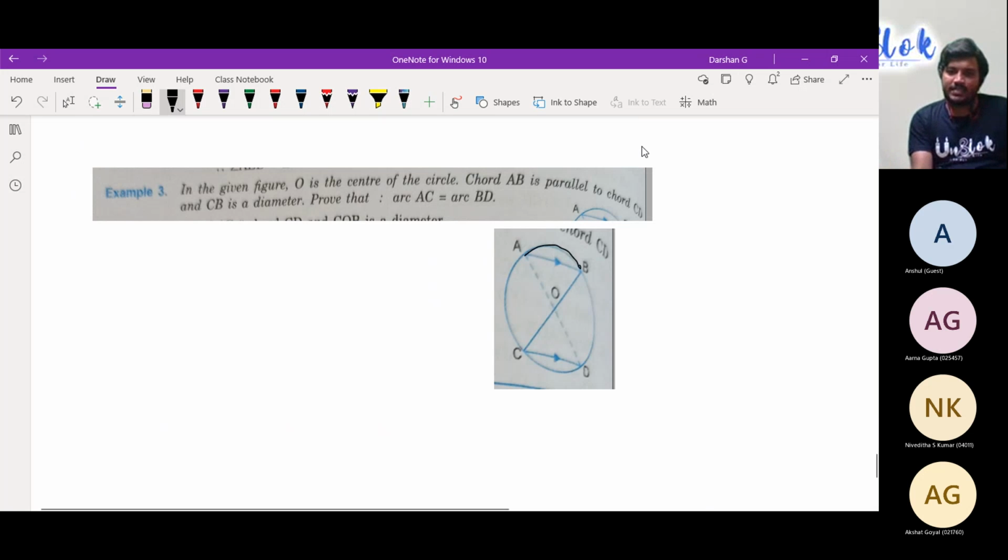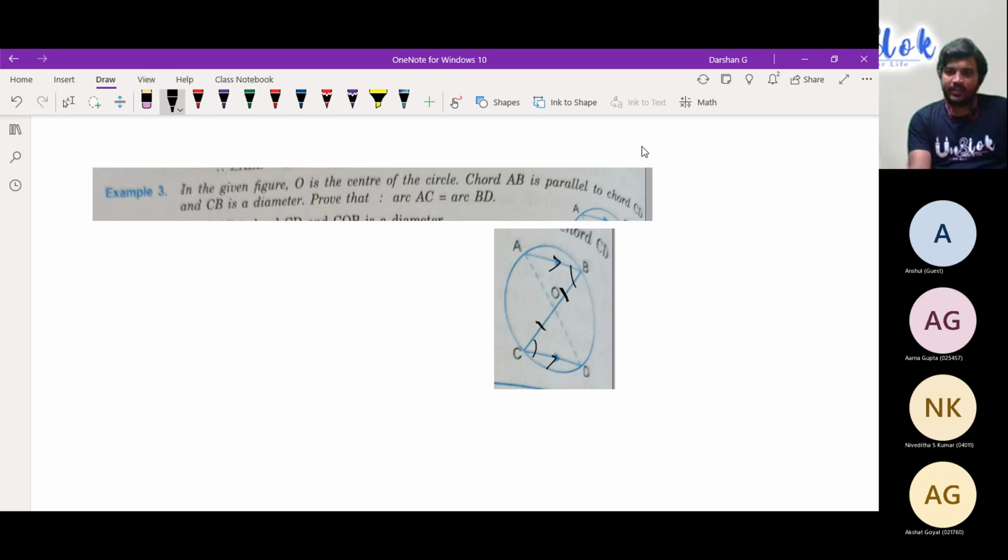We are told that arc AB is equal to arc CD. We have to prove that. We have O at the center, parallel chord CD and CB. Yeah, CB is the diameter. That is what they have told, and they have also told it's parallel. You can see this line. This means it's parallel, so we have also drawn this. So we know this angle will be equal to this one. And it's a diameter, so from here to here, it will be radius, right? So obviously the sides are also the same.